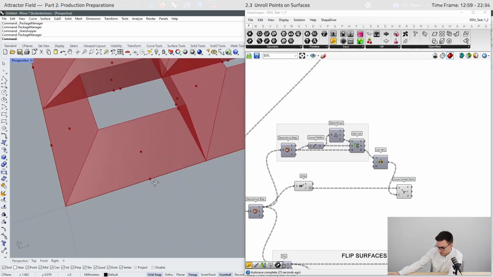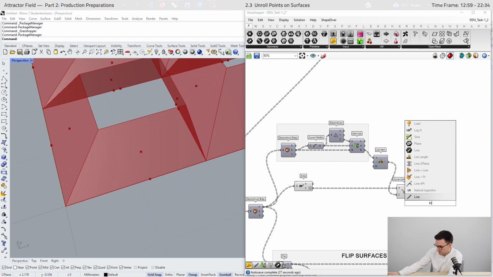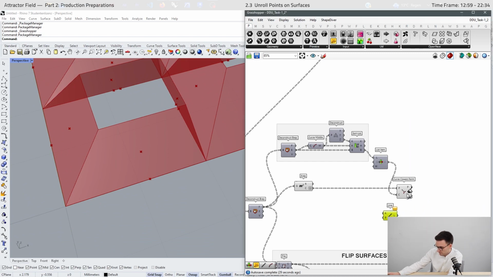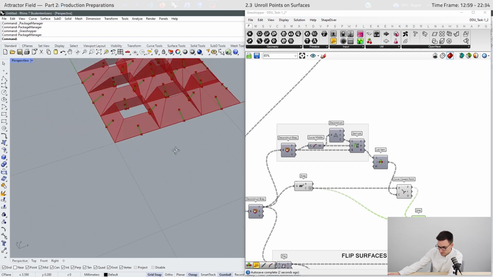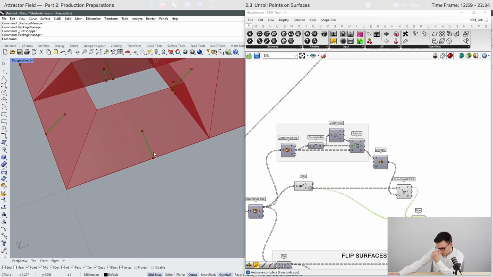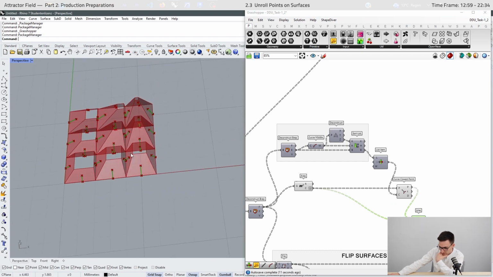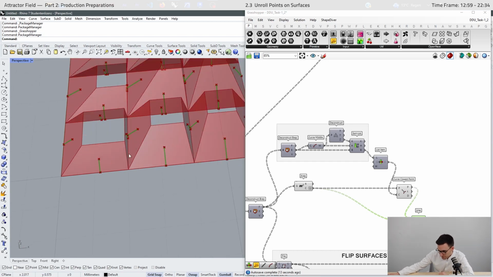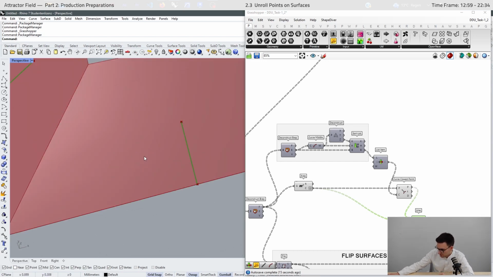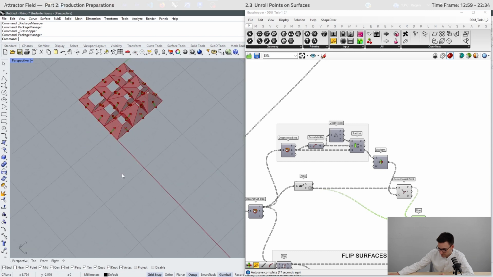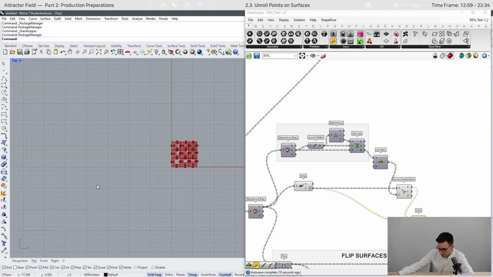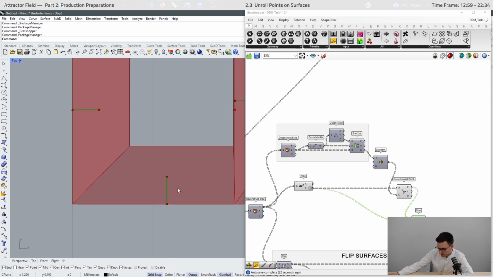Because when we connect these two points to a line like this, here we can see all the lines, then we see that this line is perpendicular to the edge. In this perspective it's quite difficult to see that, but when we go to the top view, we can see that this line is perpendicular to the edge.